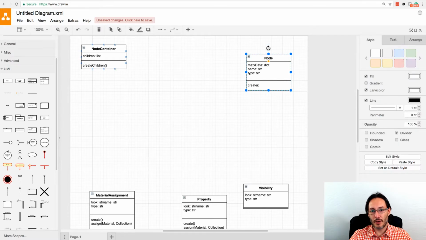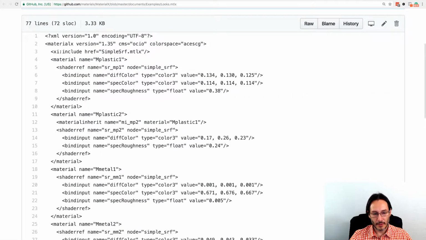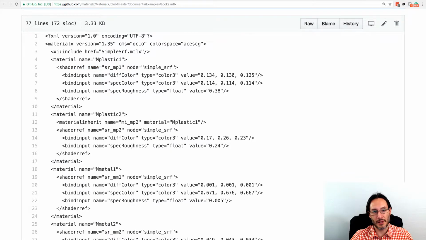Now, something else that we realize as we look at this is that there are different kinds of nodes, in how they relate to Blender. For example, this material, once again, has this shader reference and it has bind input, so it's containing other nodes inside of it at the XML level. But when you think about what it represents in Blender, and how it's going to be used in Blender, it's more of a single node, right?